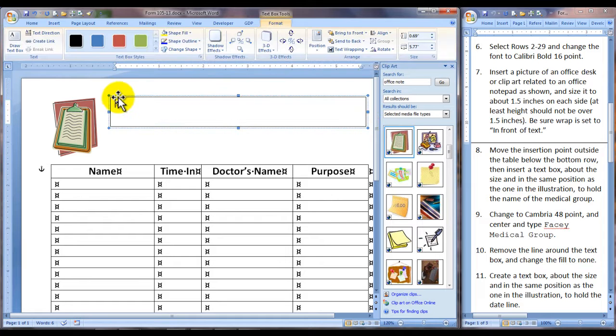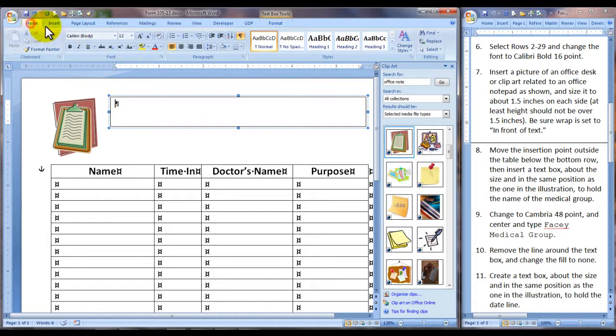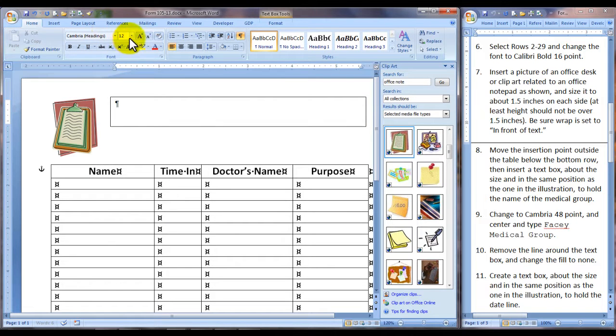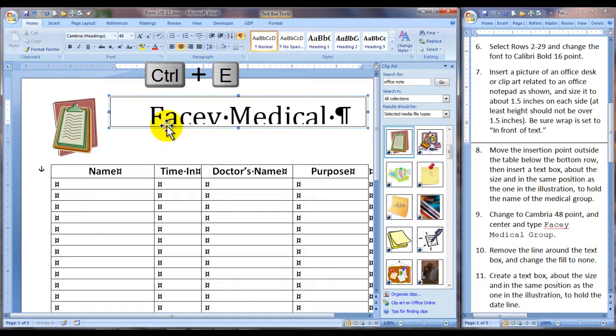Now we can change to Cambria, 48 point, center, and type Stacy Medical Group. Okay, this simply means our box isn't quite big enough. We can extend it